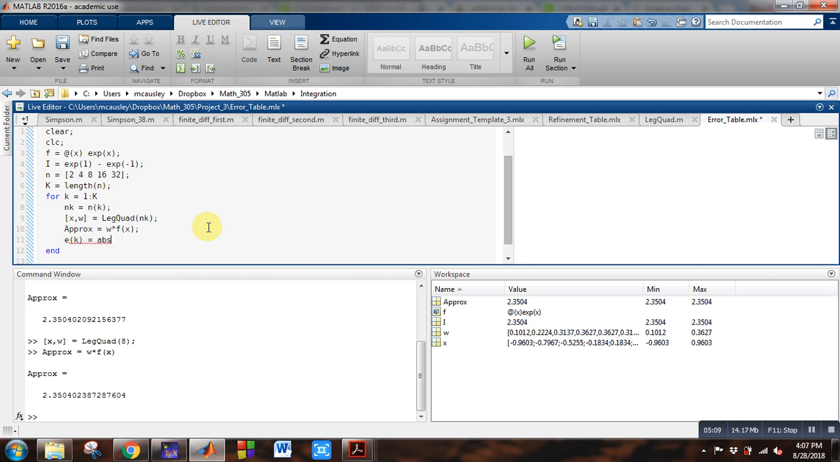Let's do the absolute error, the approximation minus the exact value of the integral. Okay, and once we're leaving our for loop, we'll have constructed for each value of n a different value of the integral. So here we can display n, and on a new line, we'll display the error. And if we run all of that,